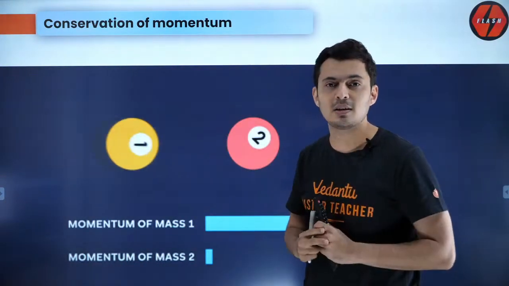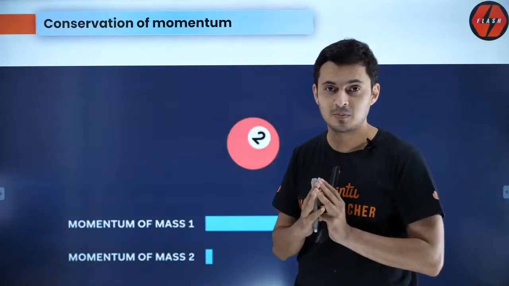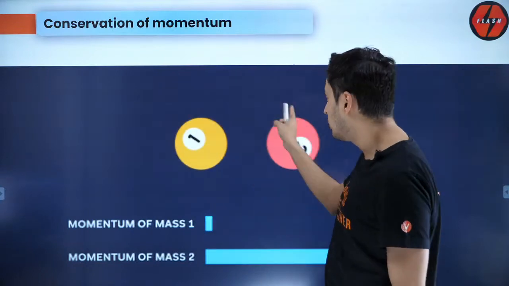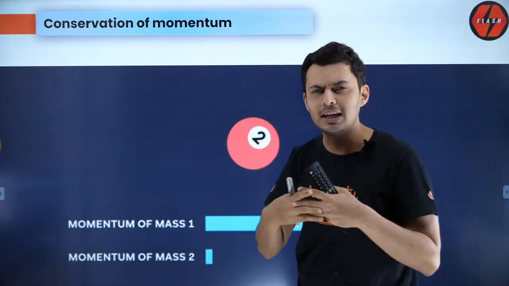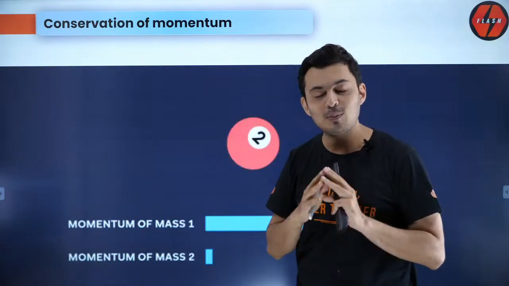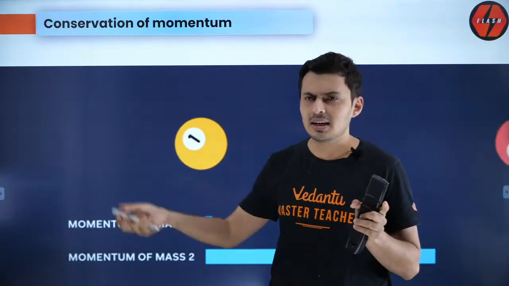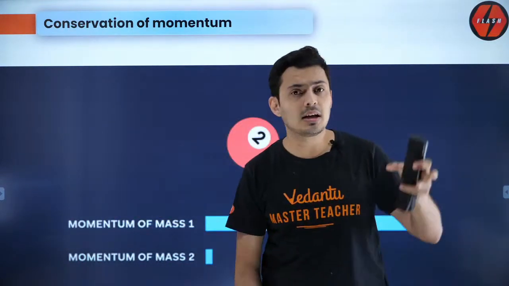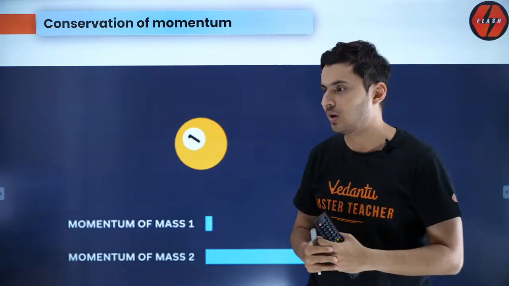That force is an internal force. So internal forces cannot change the momentum of the system. Understand that. So the moment you take both the balls as a system, understand the force of collision is an internal force, so it will not change the total momentum of the system. It can only change the momentum of individual bodies. It can reduce one's momentum, but it can also simultaneously increase two's momentum, and that's how it works.